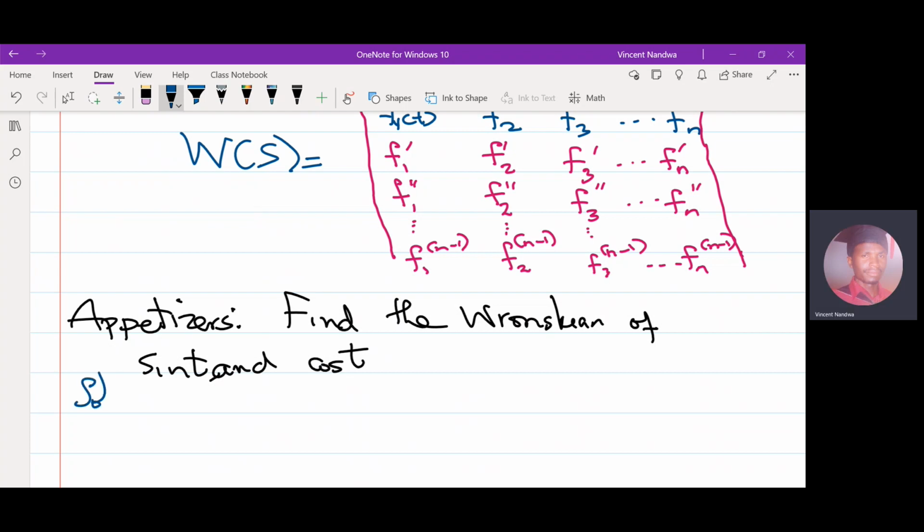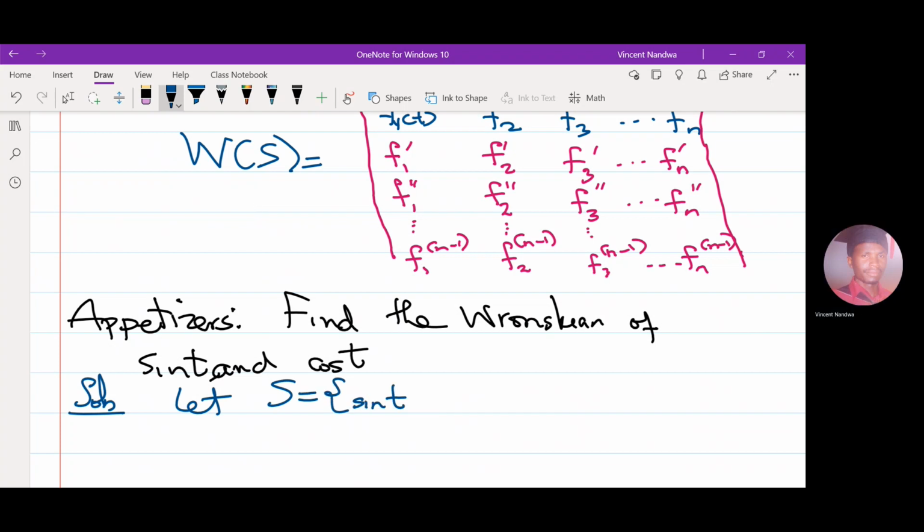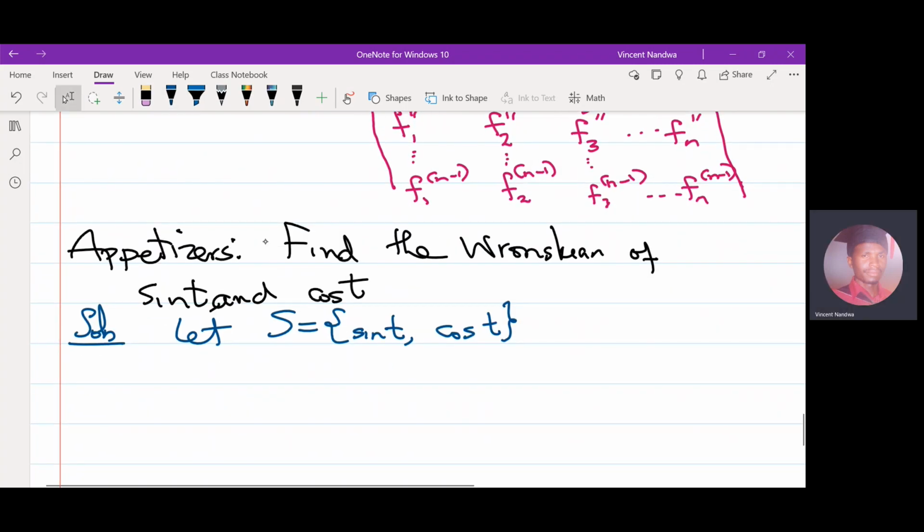So to solve this, we let S be the set of these two functions, sine of t and cosine of t. Which means the Wronskian of S will be the determinant of,